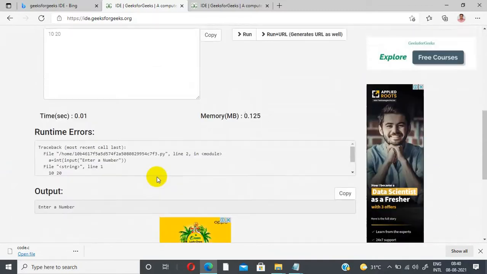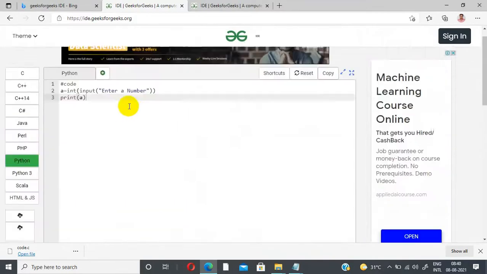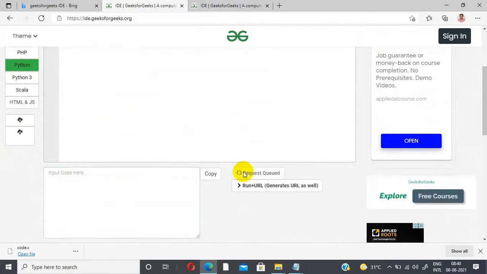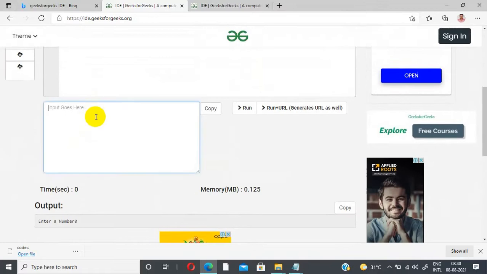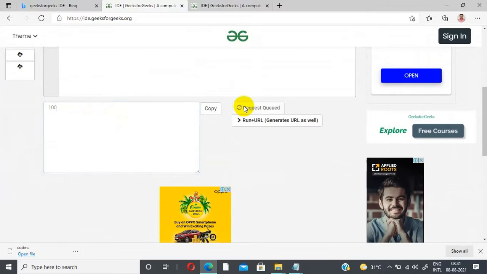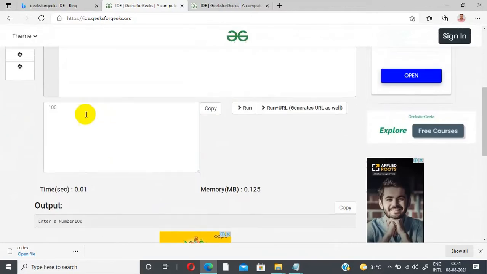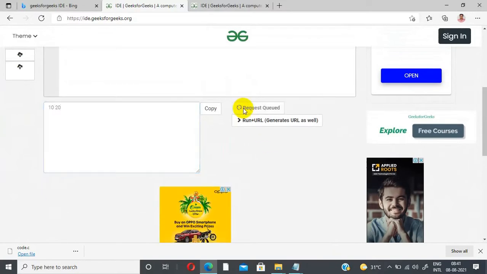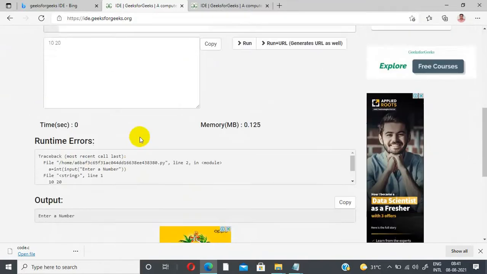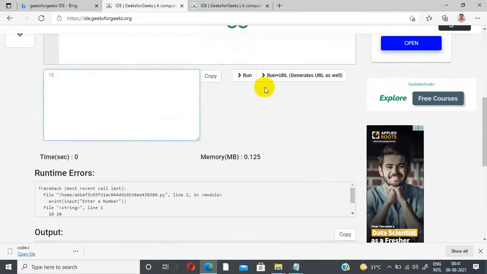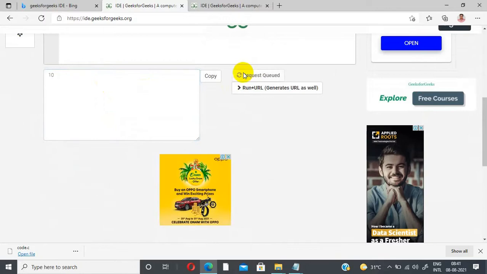It shows some error. Why? Because the input should be given. I'm running the code again, and I have to free the input window. The problem is that I'm giving two numbers, or I'm not giving anything. If it gets 0 by default, I'm giving 100 now. The entered number is 100. Earlier I had 10 and 20, which was used in the previous program. That's why, when I run the program, the code receives only one number. When I rectify it to one number, now my program is perfectly working.